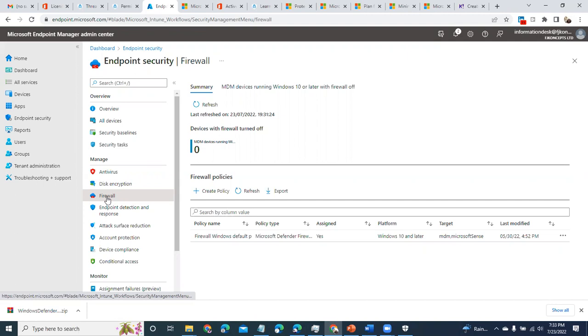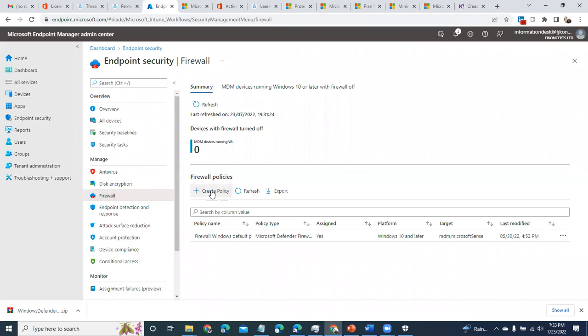So the Windows firewall, all it's doing is preventing processes and port communication. So if somebody is saying this is blocking, what you need to do is understand how that process is operating on that endpoint, and then create an exclusion for that process, not disabling the whole Windows firewall. Does it make sense? Yeah.